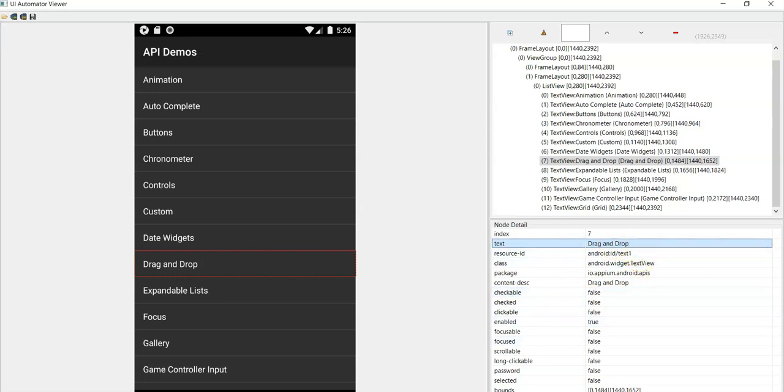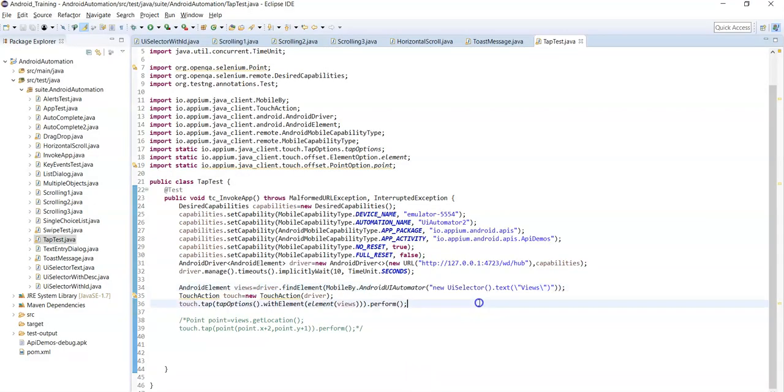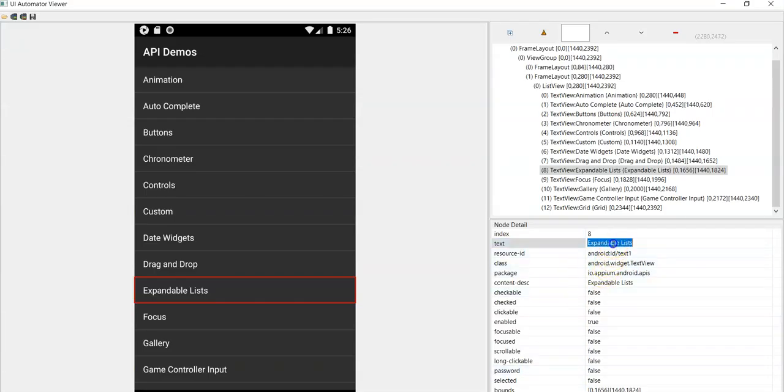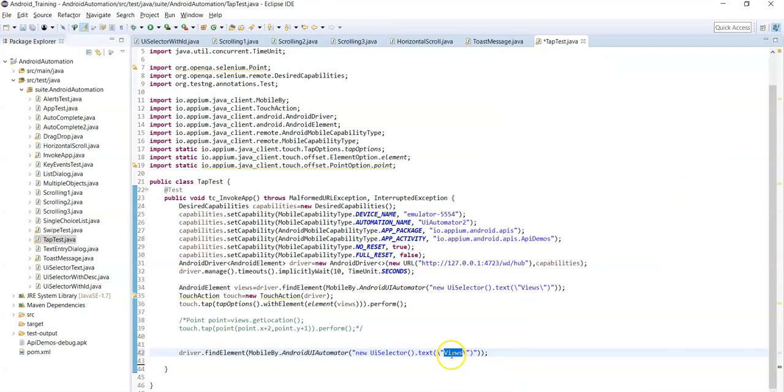Sorry, Expandable List, right? So we use the text attribute value to find the locator. Now copy this statement. Here the text attribute value is Expandable Lists, right? Copy this and place it here, and then we need to click on that Expandable List.